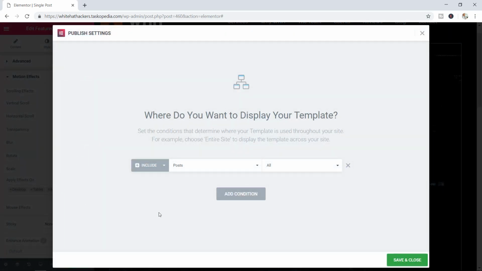And okay, so right now we have to choose the condition. Where exactly would you like to use this template? By default, Elementor will ask, do you want to use this template on all your posts? Typically you want to say yes, so you click on save and close. However, if there is a certain kind of post that you don't want to use this particular template for, you